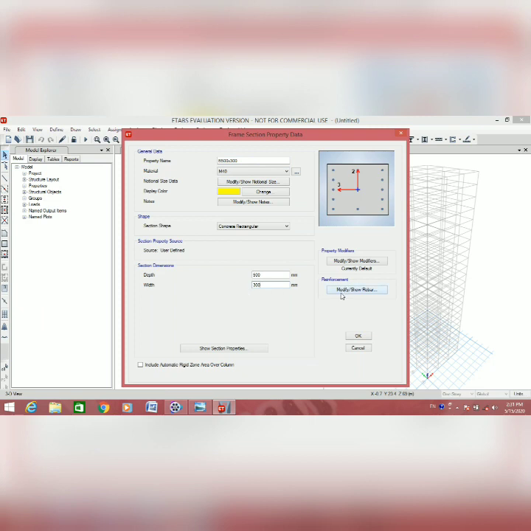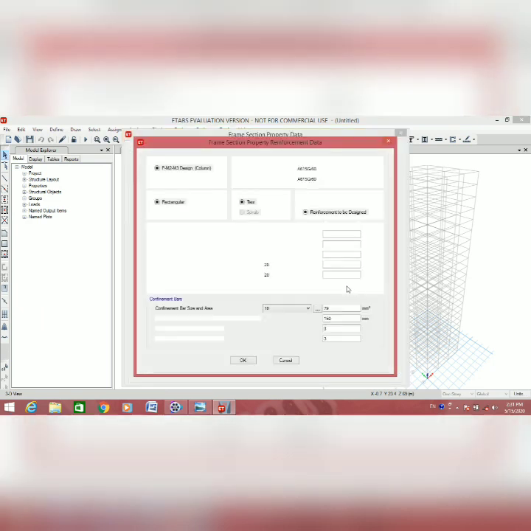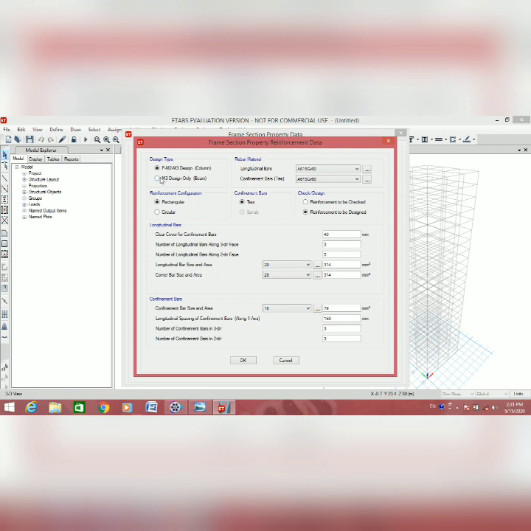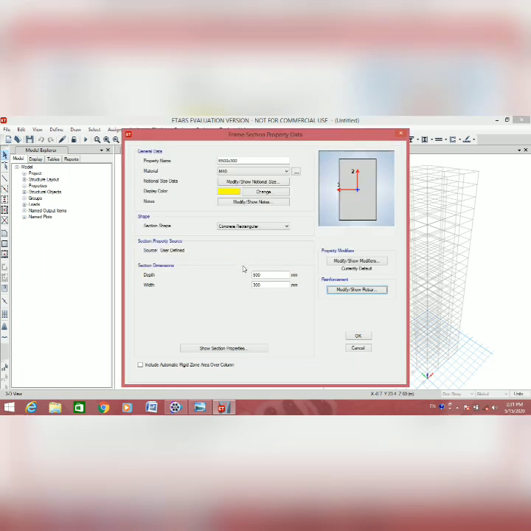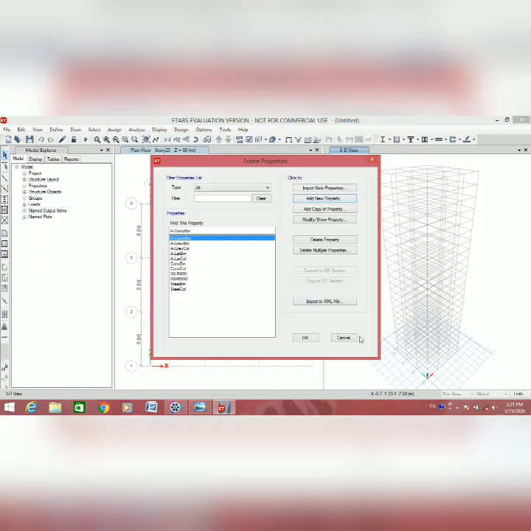For reinforcement, click modify, show rebar, and choose design type M3, with HYSD as the longitudinal bar and mild 250, and spacing between bars 25 mm as per IS code, and then click OK and again OK.